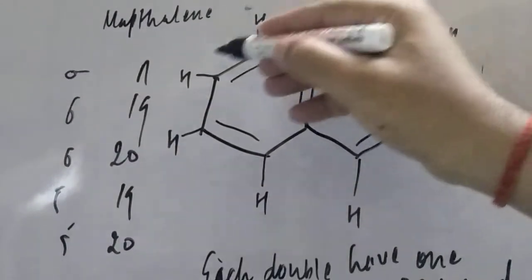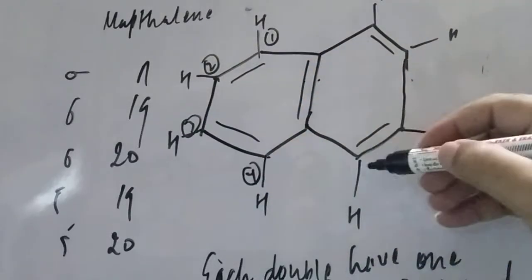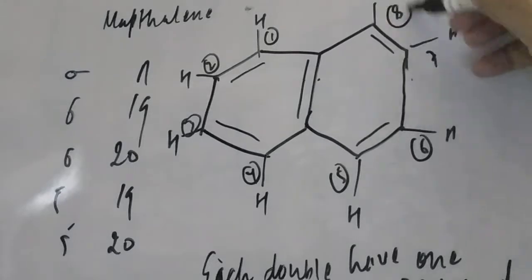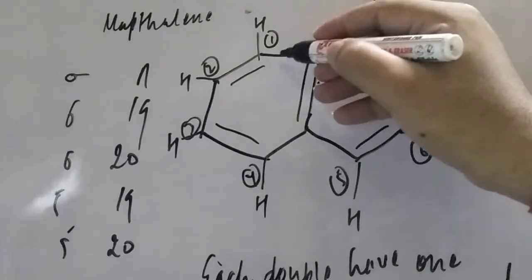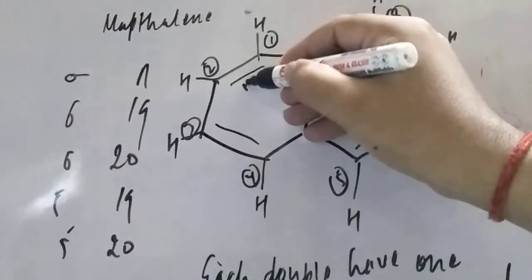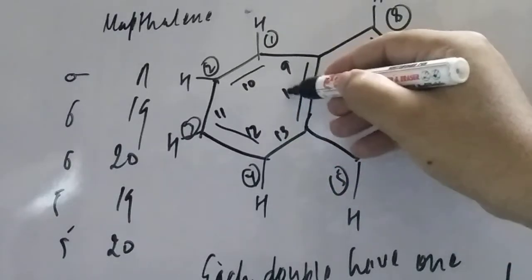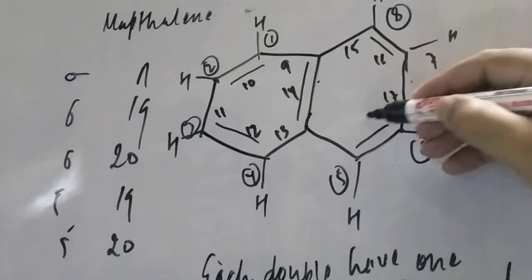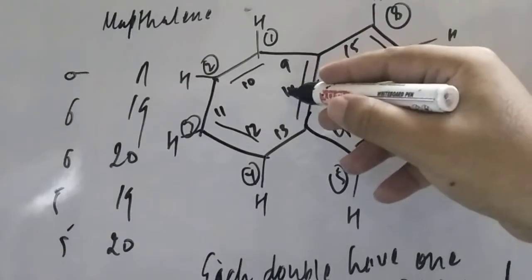So here is 1, 2, and here is 3, this is the 4, only we are calculating hydrogen, 5, 6, and this is 7 and 8 hydrogen atoms we find out. Now in the ring you go, student, 8. So if you are going around the ring, student, I start from here, that is 9, this is 10, 11, here is 12, this is 13, this is 14 and here is 15, this is 16, 17, 18 and 19. So this is already included here, student.